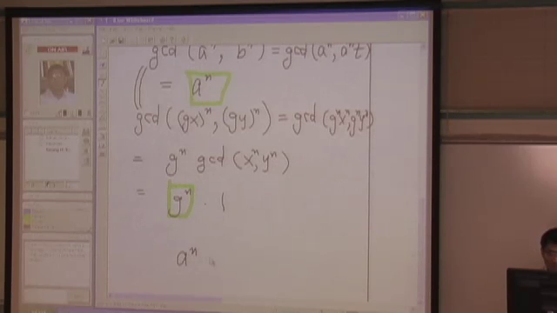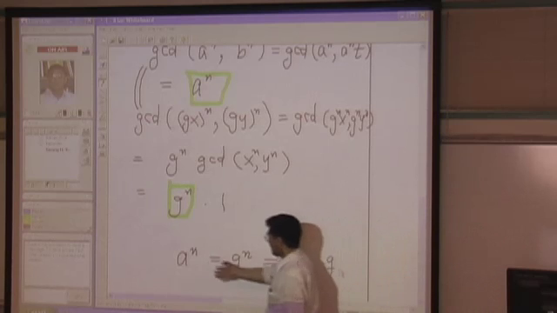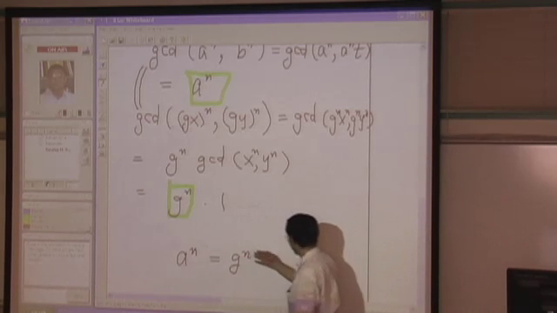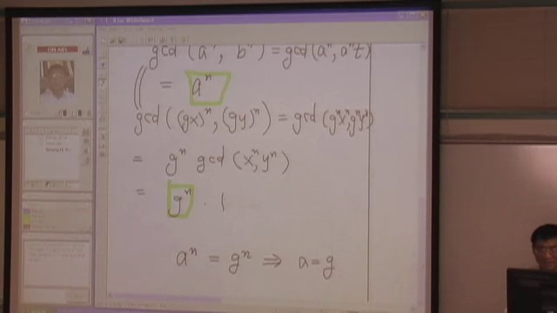a to the power of n equals g to the power of n, and this means a is equal to g. It's not GCD anymore. It's just straightforward algebra, right? a to the power of n is equal to g to the power of n. a and g are both positive, so a equals g. Thus,